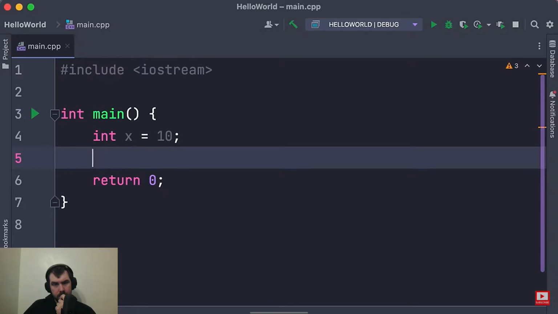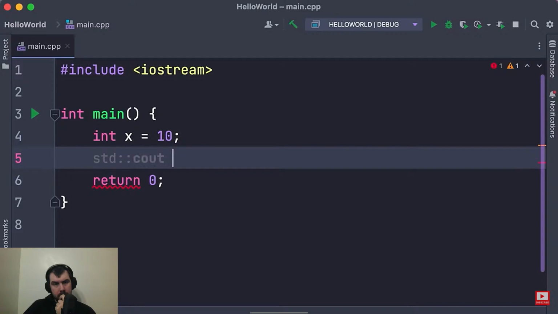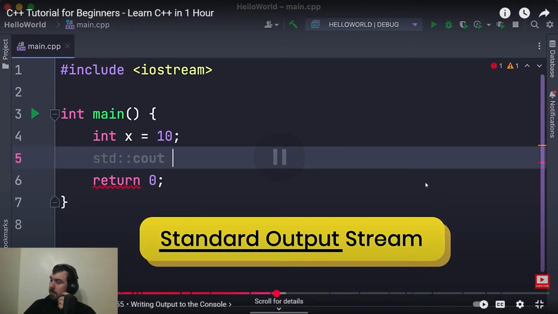Well, first we go in the std namespace and pick up cout, which is an object that represents the standard output stream. I know, it's a mouthful, but let me explain it for you. In programming, a stream represents a sequence of characters. The standard output is our console or terminal window. So using cout, we can write a sequence of characters on the standard